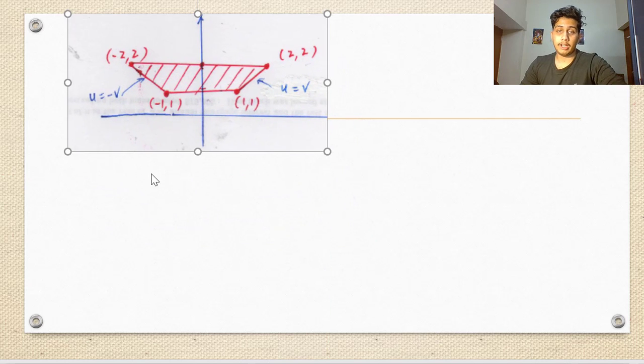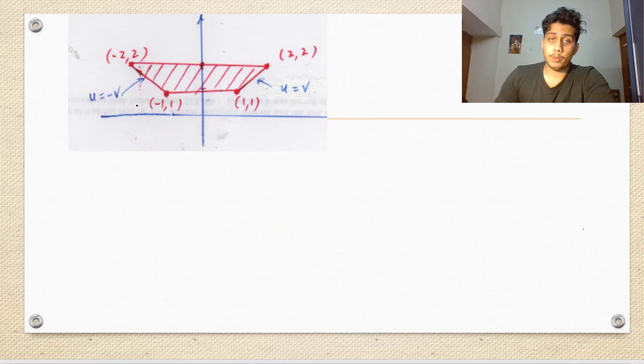Here's the graph in which A is minus 1 comma 1, B is minus 2 comma 2, C is 1 comma 1, and D is 2 comma 2. As we can clearly see, the range for the v-axis is 1 to 2,